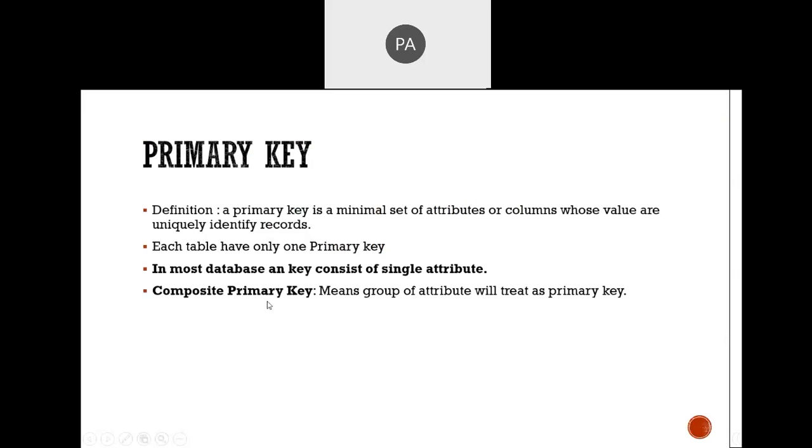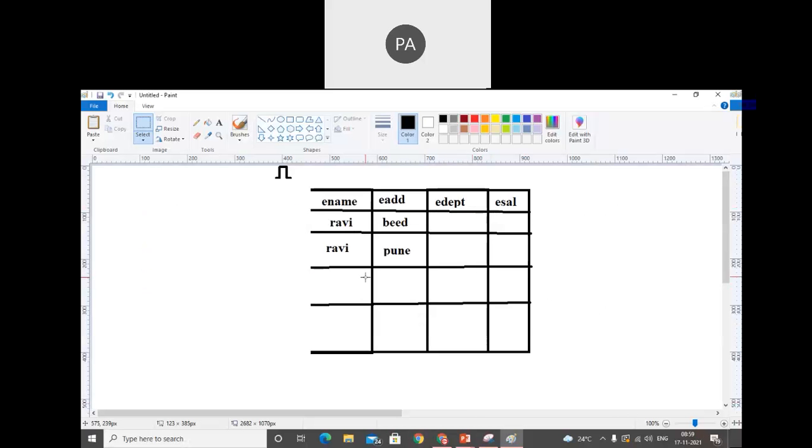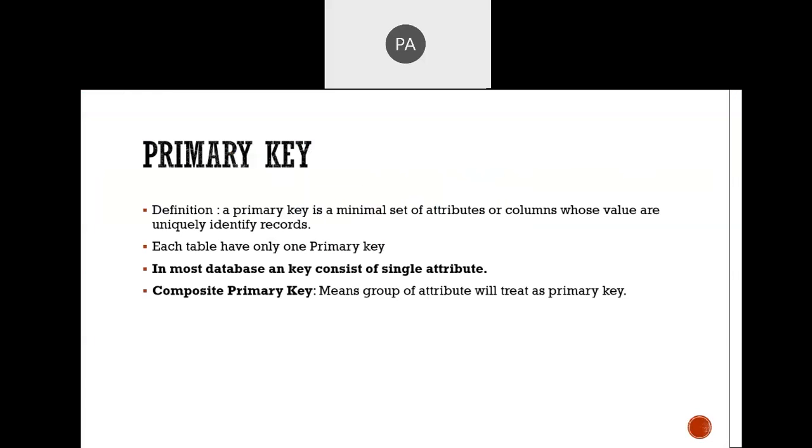Even lots of students don't know about the composite primary key. When we talk about freshers, and even experienced people, they don't know about the composite primary key, and it plays a most important role among the data. So just make a note of that. We can apply a composite primary key on two or more columns. When we apply it on a single column, it is treated as a primary key. But when we apply it on two or more columns, then we say this is a composite primary key. I will show you with a demo.